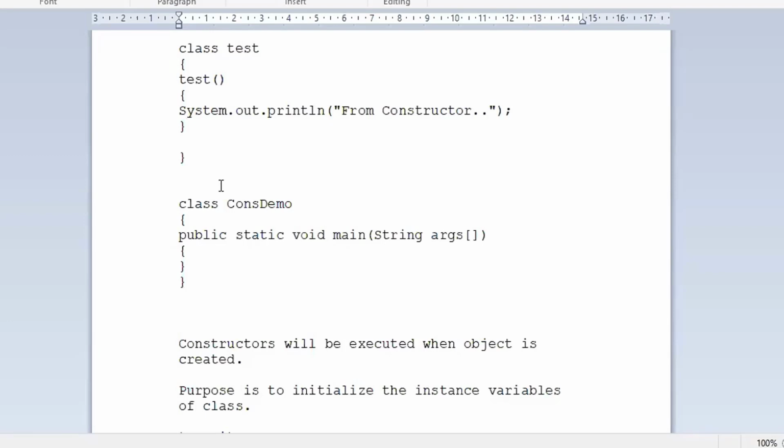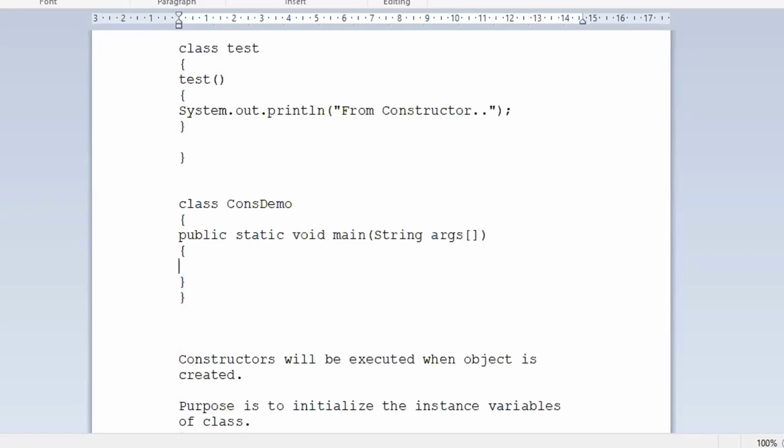So we said the constructor will be executed when an object is created, and there is no need to call it explicitly. I just want to cross-check whether it will be called automatically while creating an object. So how to cross-check? Let me create an object for that.